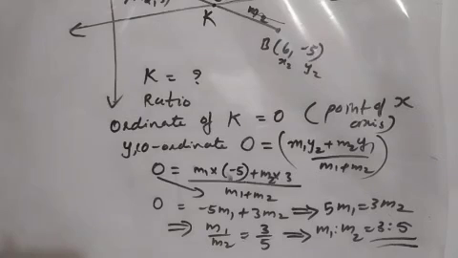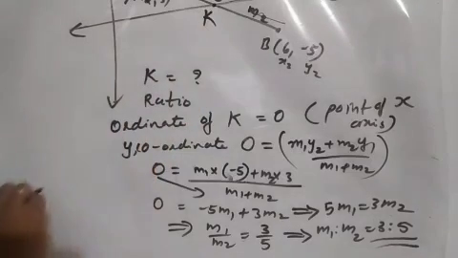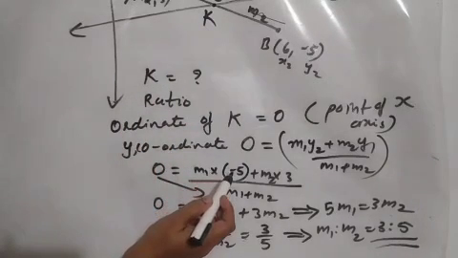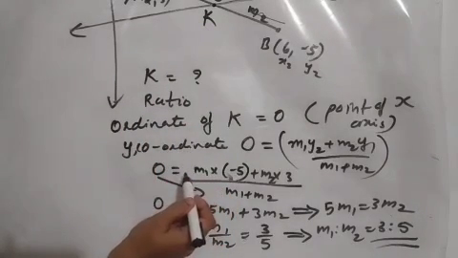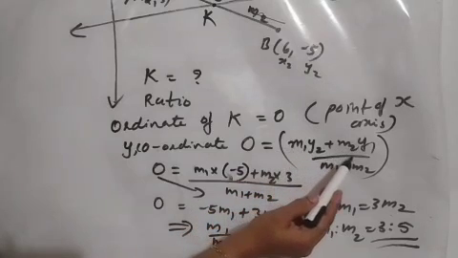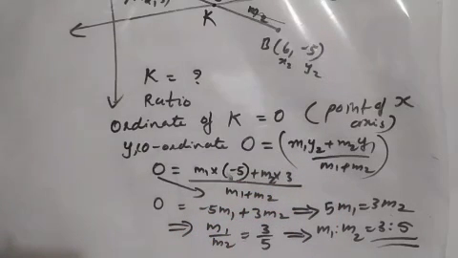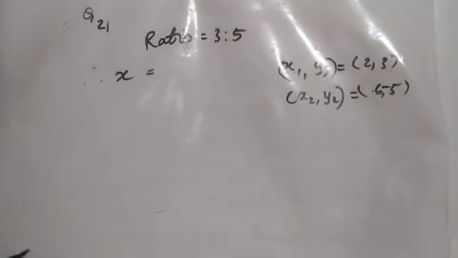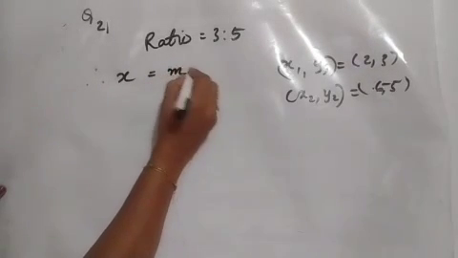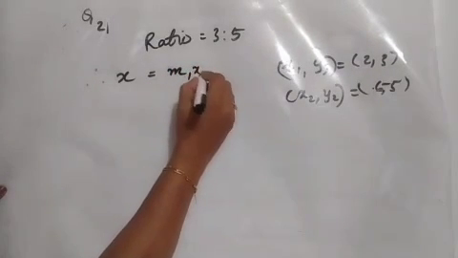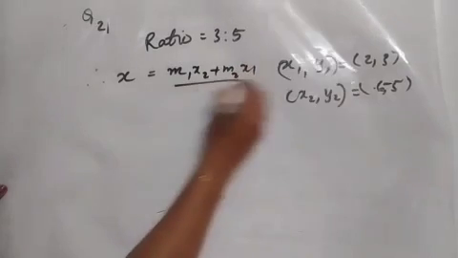Now from that ratio and the 2 points, we can find the x coordinate also. It is very easy to calculate that value of abscissa. Which formula we have to apply? Same section formula for x coordinate, that is m1 x2 plus m2 x1 by m1 plus m2. Let us solve that. We calculated the ratio as 3 is to 5 and we know the x1 y1 and x2 y2. How can we obtain the x coordinate of k? m1 x2 plus m2 x1 by m1 plus m2.